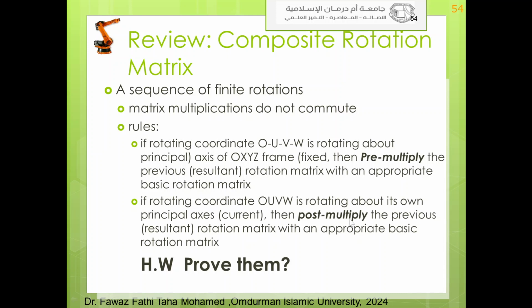And the post multiplication for the case of the sequence of rotation